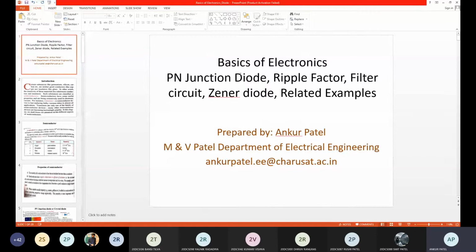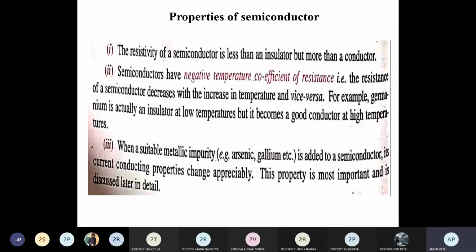So we know forward bias and reverse bias of diode. Forward bias means it allows the current to pass in the circuit. In reverse bias, it doesn't allow the current to pass in the circuit. Forward bias is nothing but having the low resistance path. Reverse bias means having the high resistance path.